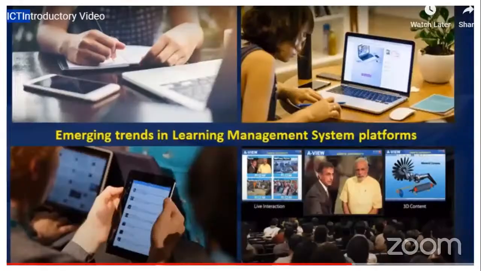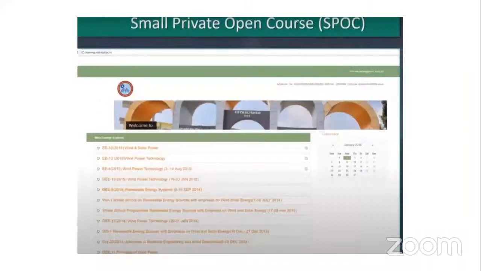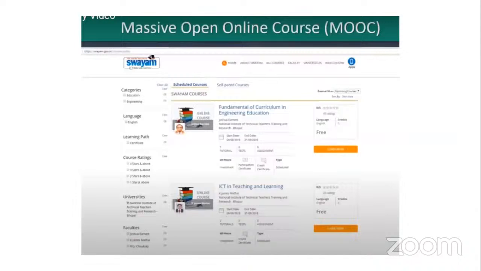Before that, I would like to go to, yeah, this one portal. Actually, we all must be knowing about this Swayam. It's a massive open online course portal where we have plenty of materials, e-contents, which have been developed by all our teacher community and uploaded. Many of us go and attend the courses over here, and it is even available for the students. The student community can attend any course.